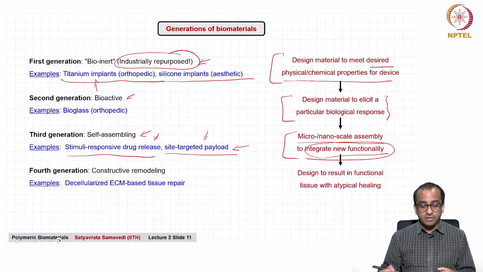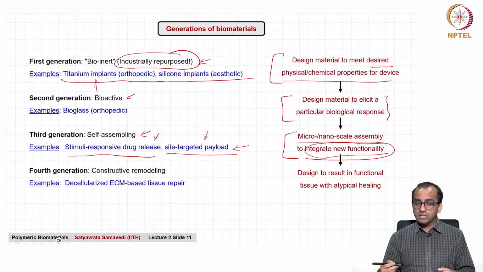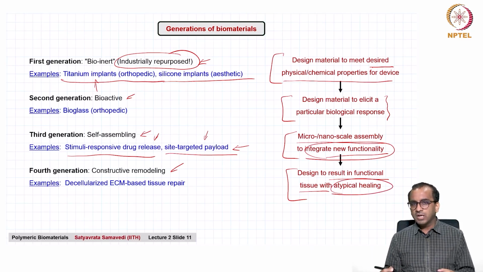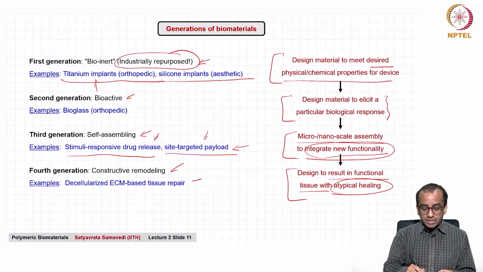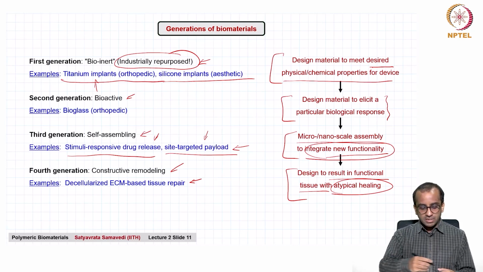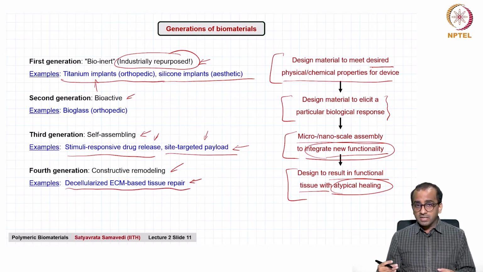To the fourth generation, where we are looking at active and constructive remodeling of tissues. Here the intention or the design philosophy is to result in functional tissue, entire tissues or even organs perhaps, with an atypical healing response. Atypical simply means in this context that this is a healing response not associated typically with synthetic materials that you would often see. So, here one example of that I am giving, which is a very popular approach today, is this idea of using decellularized ECM